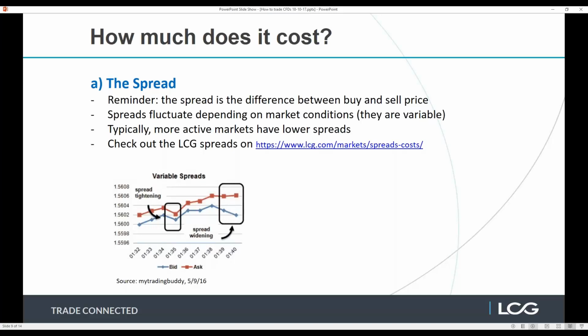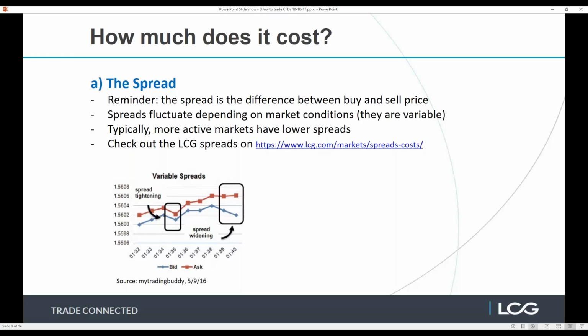So just as a quick reminder, the spread is the difference between the buy and the sell price. When you're trading CFDs, the spreads do fluctuate depending on market conditions, so they are variable spreads. That's normal. That's just how markets operate. And sometimes you can get fixed spreads, but oftentimes if you get a fixed spread, the execution on trades won't necessarily be as good. The reason for that is that